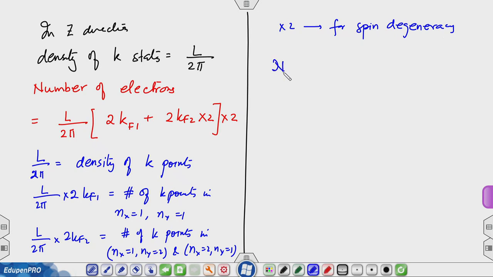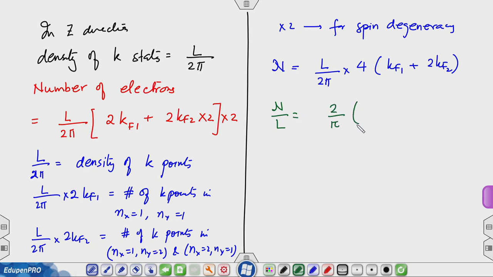So, we have n equals L over 2 pi times 4 k f 1 plus 2 k f 2. So, this gives you n over L equals 2 over pi times k f 1, which we have already calculated was pi over w square root of 6, plus 2 k f 2, which we had calculated as pi over w root of 3. This pi cancels